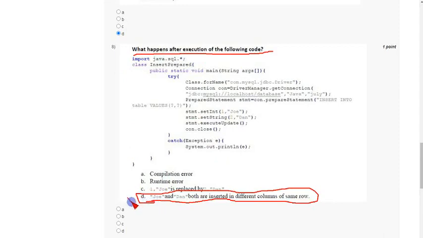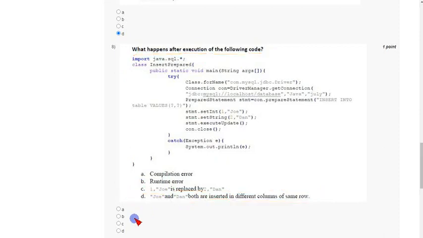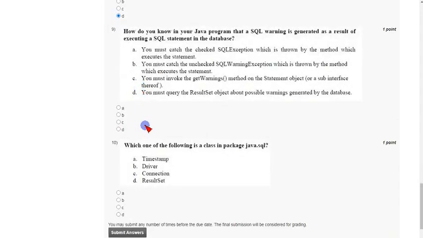So mark option D as correct answer for the eighth question. The answer is option D.